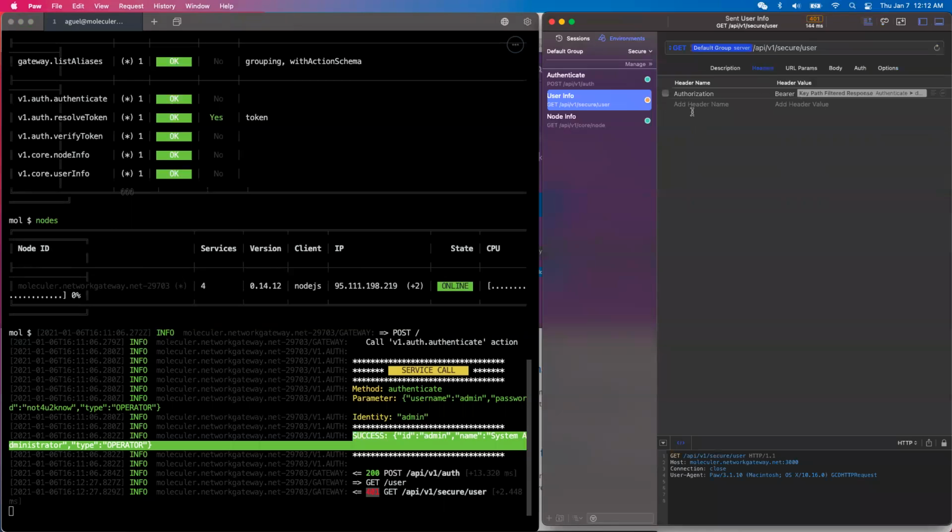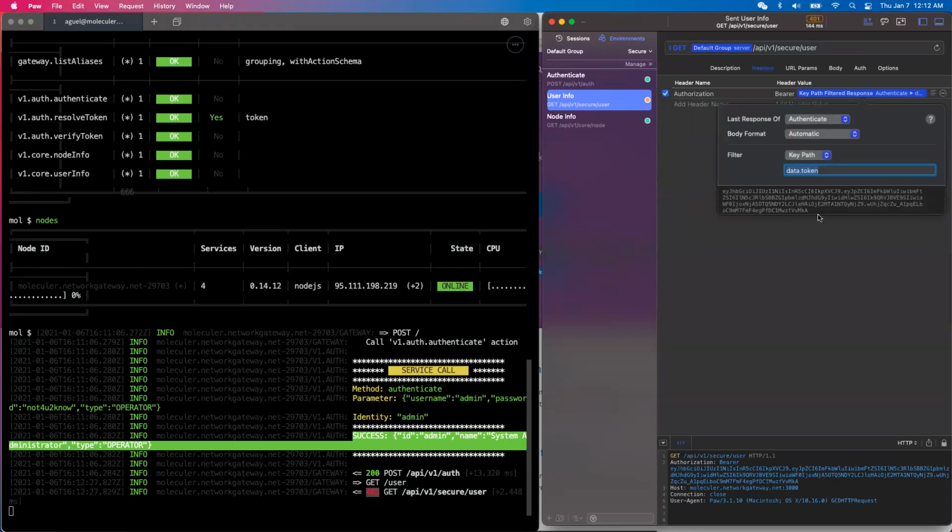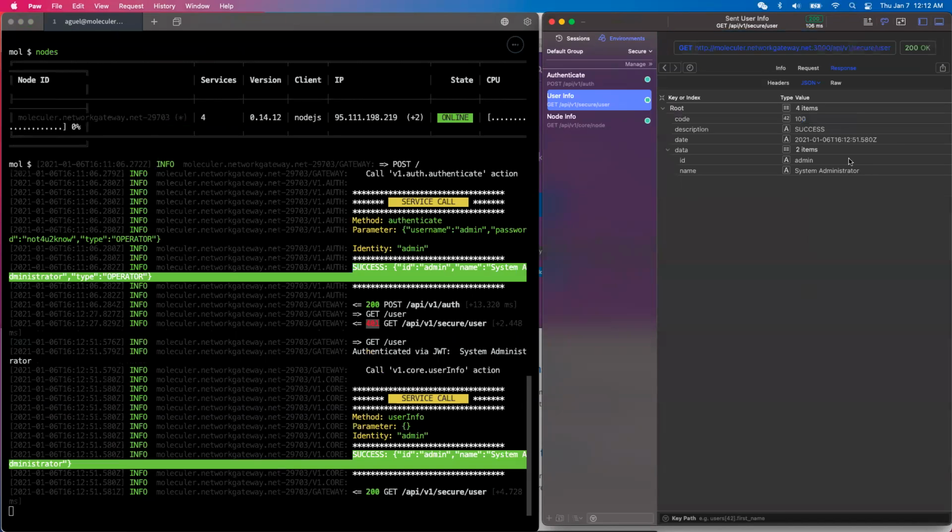Okay, now just for the presentation, I will enable the token, and I injected the token here. This is my token or the JWT token. And if I execute again, now I can see that the current login user is system administrator with an ID admin. And also from the console, you can see that the process is a success. At the same time,